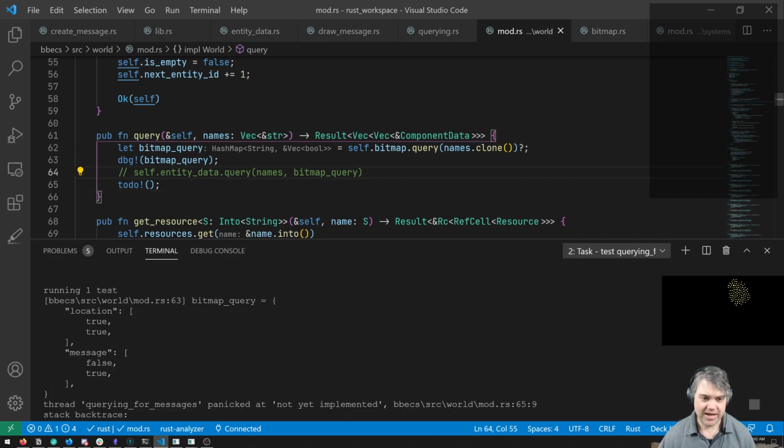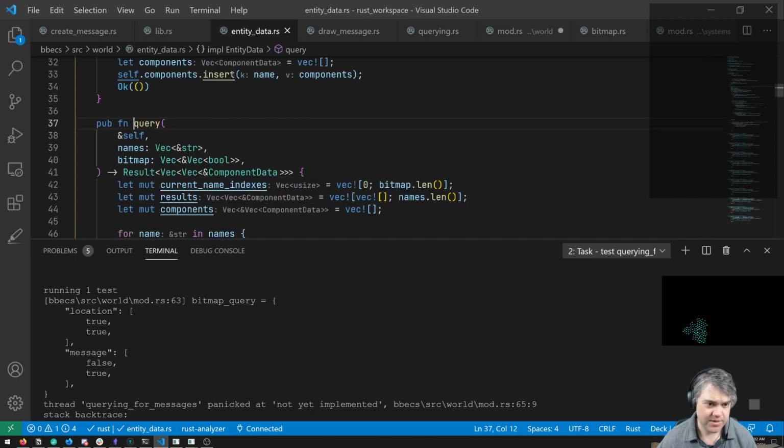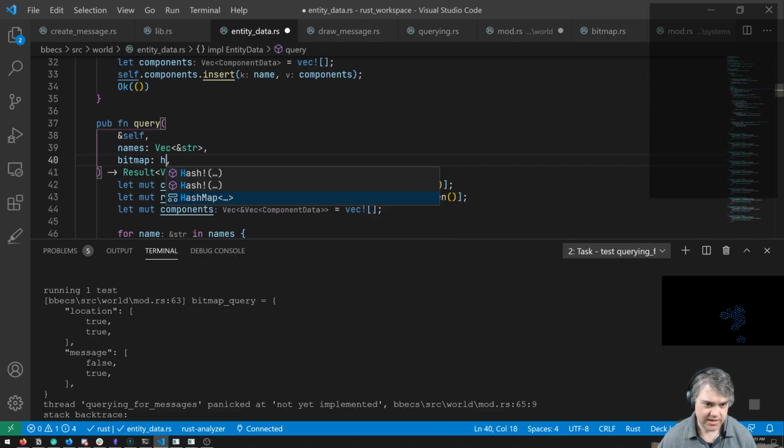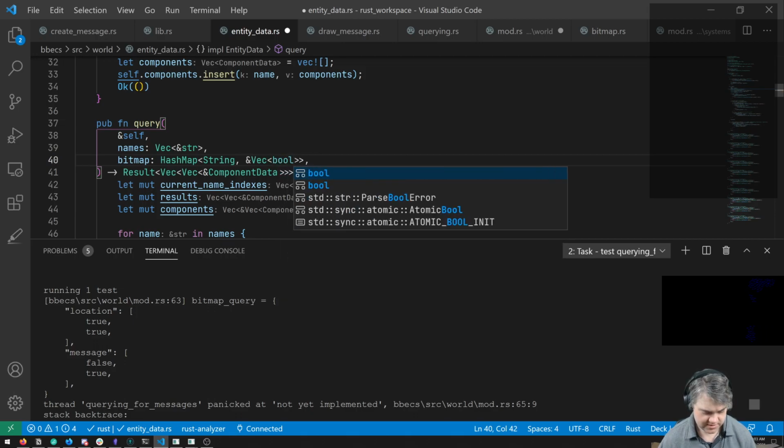Okay, so now we're going to come back to here. Now, let's say I do the same thing here. I'm going to return it. But our bitmap is now going to be a hash map of a string and a reference to a vec of booleans.